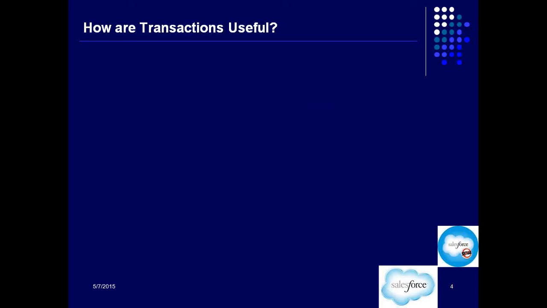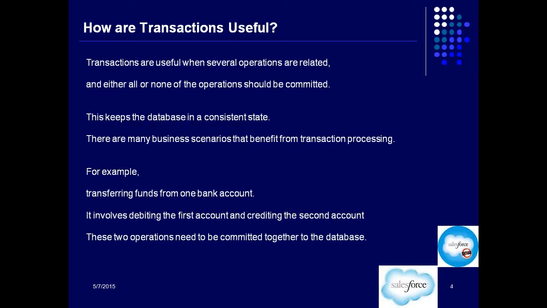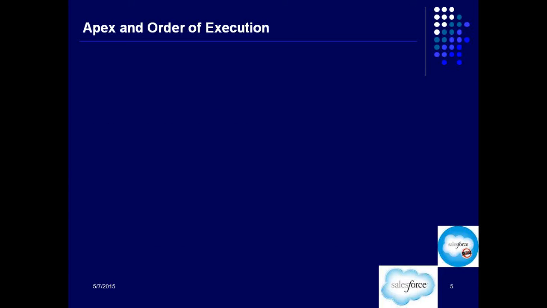So I think this example was more relevant to you. Again, this bank account example logically tells us why it is so important to execute the code in a transaction. Why transaction processing is so important. All right, so that's one part. Apex transaction is something which we understand by now. So we know that all the DML operations within a method or a trigger either will get executed altogether or will get rolled back.